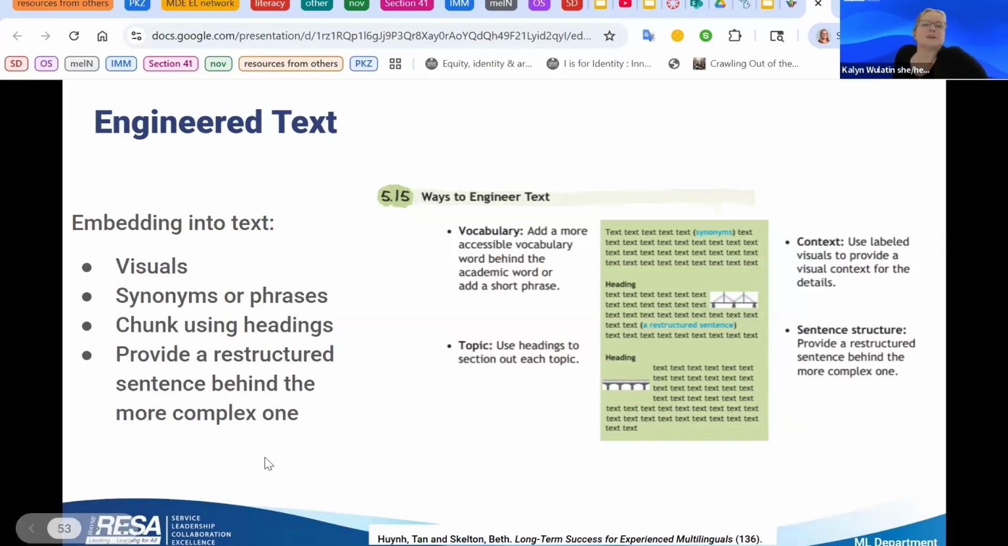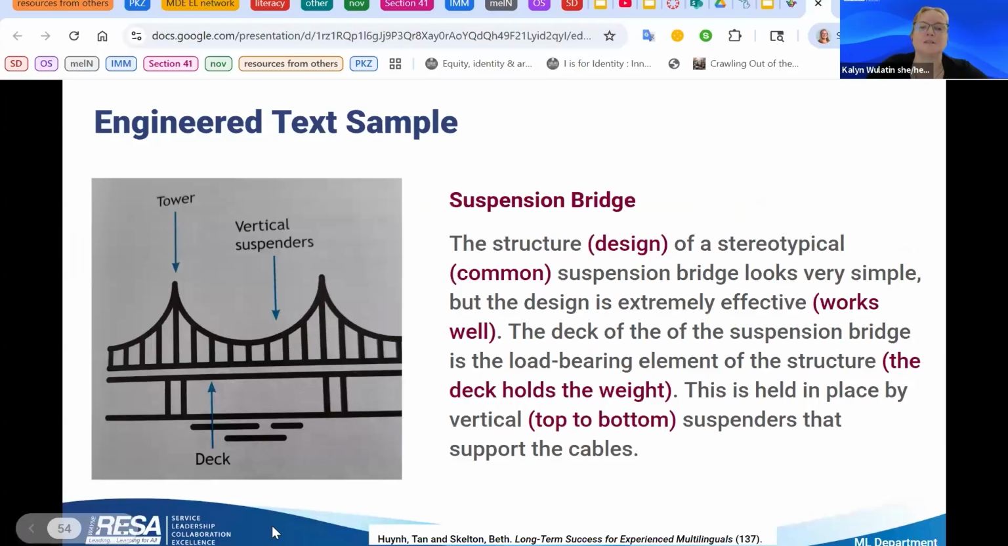This is called engineered text. And what this is, is adding different things to provide scaffolds and entry points into the text. So let me give you a couple examples of that. So here is one, was about a suspension bridge. So first they chunked it and actually labeled this little piece of suspension bridge. And as you can see, they're putting synonyms in English into the text itself. So if we're saying here that the design is extremely effective, we're saying that it works well and putting that